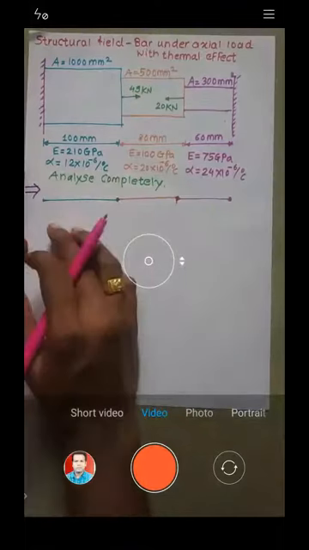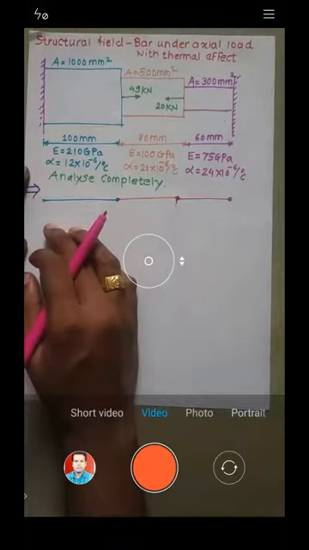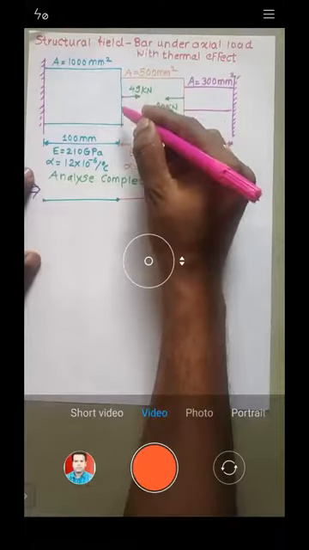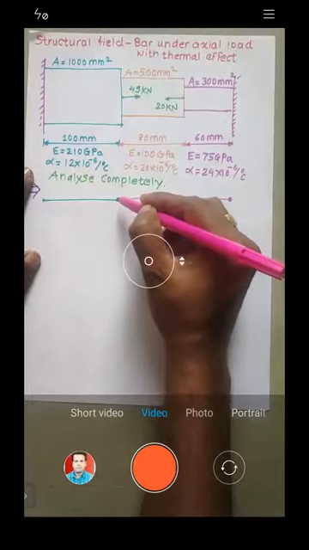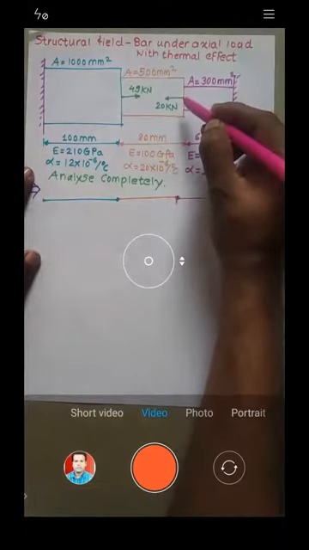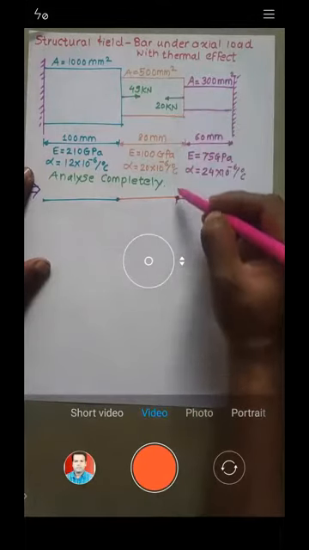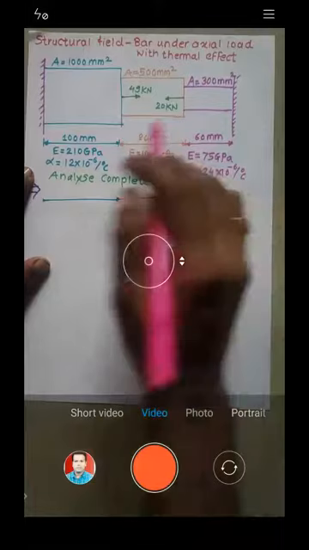We will move to the next criterion, that is the point where they applied the load. At that point, you form a node. This is the point where they applied the load, and if you bring this point down, this is the node which you already have. Similarly, this is the point where they applied the force, so I'll bring this point down, and I get the node which is already there.